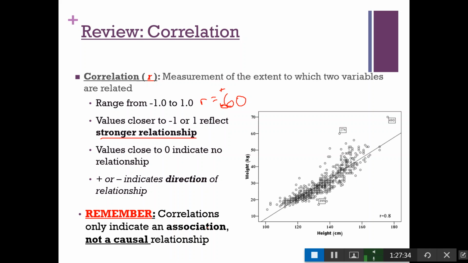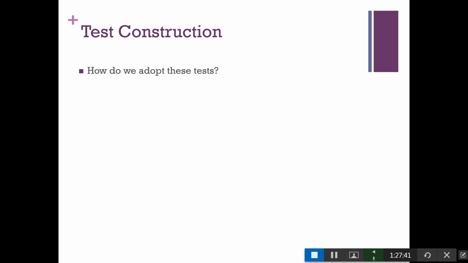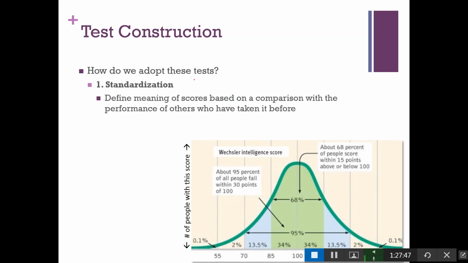Okay. So they only indicate an association, not a causal relationship. Your height doesn't cause your weight, right? So this will come in handy, I promise you, as we move forward. So the way we adopt these tests is we standardize these tests. So what we'll do is, like with the WAIS, the Wechsler Intelligence Scales, we'll take a giant group of